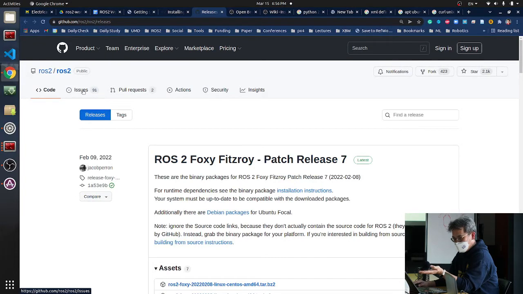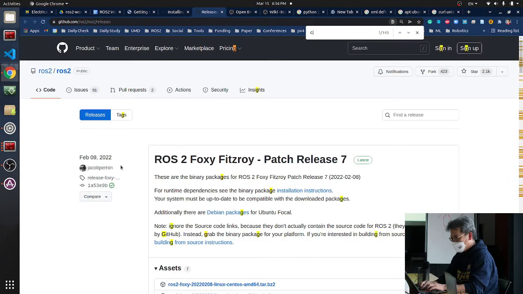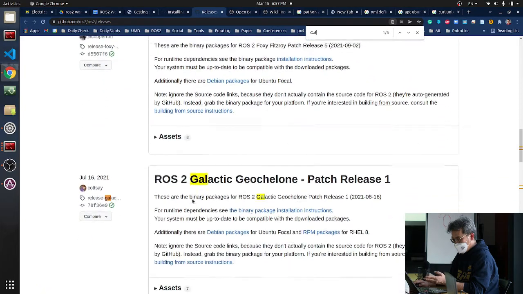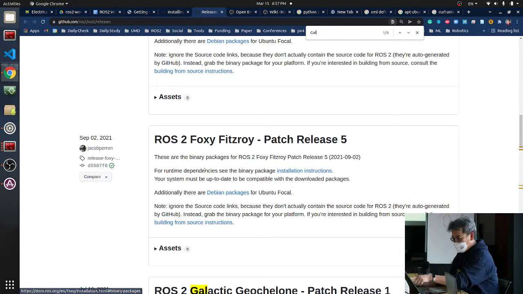Which one should I get? Do we have a Galactic here? Okay. Is this one you guys installed? Okay. I don't think Galactic has patches because it's not an LTS, so it's just an add patch one. So anyway, if you go to an individual section like Galactic or Foxy, the patch release says for runtime dependencies